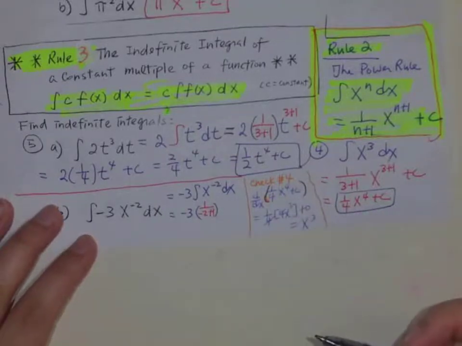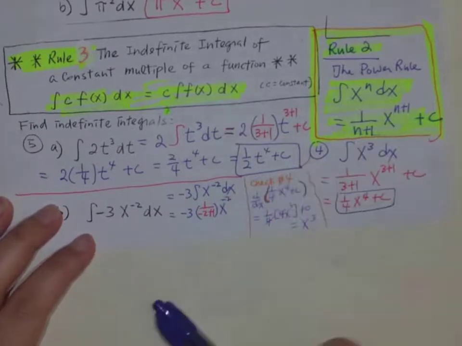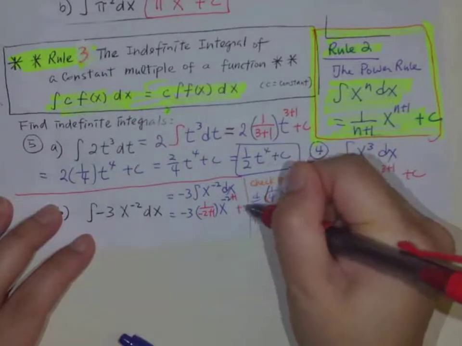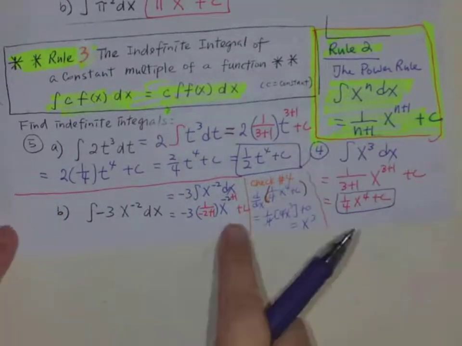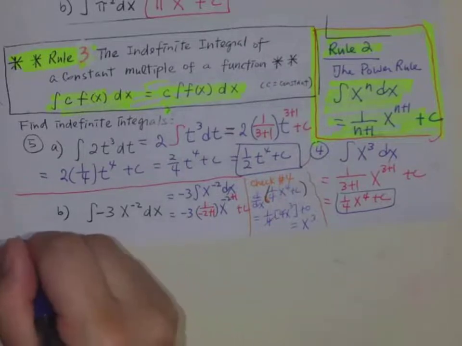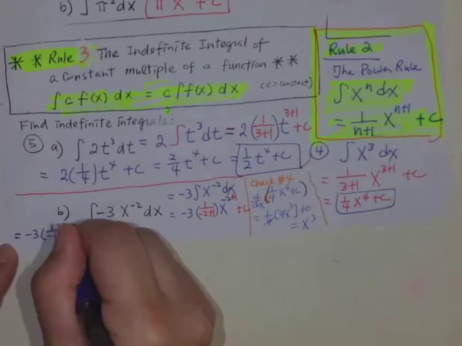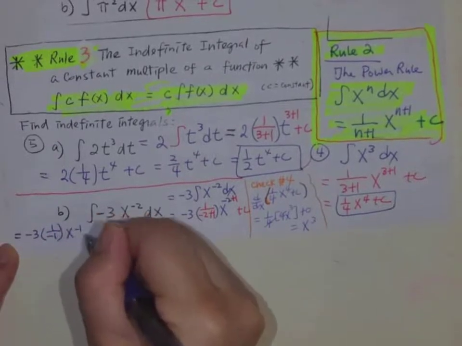And then we have x, -2 plus 1 again. Don't forget to add a c. That happened a lot on the test. People forgot the c. So that would be a -3 times 1 over -1 x raised to -1 plus c,